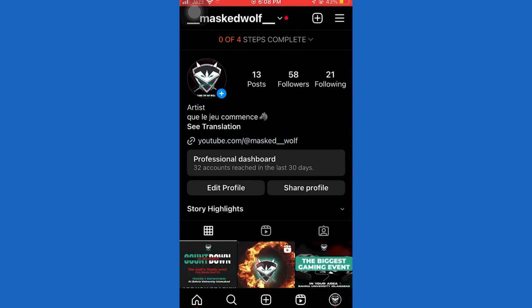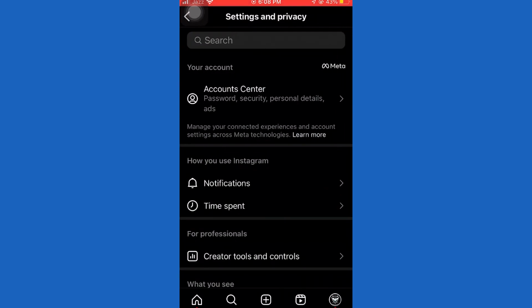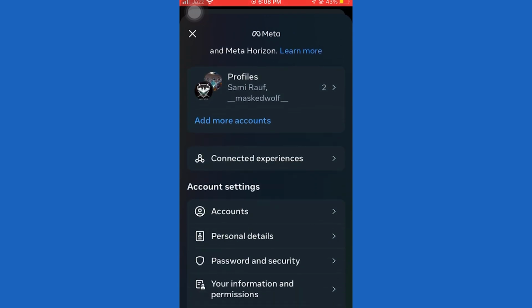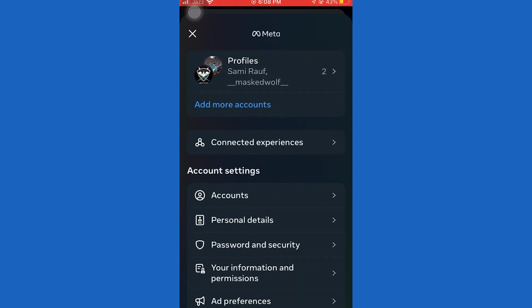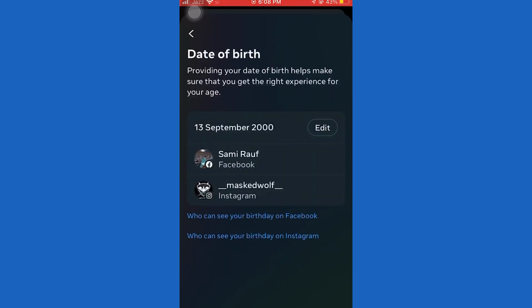Now go to your Instagram profile, then the three lines at the top right of the screen, and we want to open the settings and privacy, which is the first option. Now, in order to change our age on Instagram, we have to tap on the account center option at the top. Then under account settings, let's open this personal details section and you will see the date of birth options,